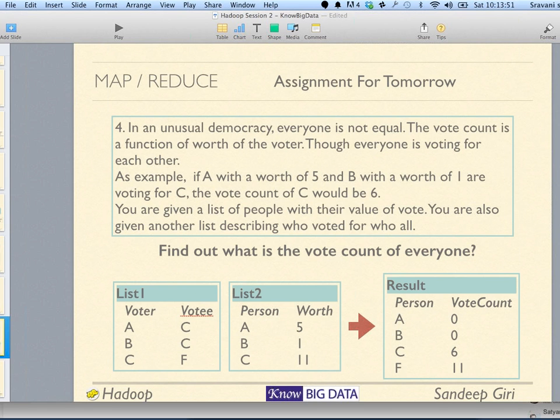Now they are voting for each other, these people are giving votes to each other. So A voted for C, B voted for C, and C voted for F. If you see the first table, A voted for C, B voted for C, and C voted for F. So these people are voting for each other, and the second list is